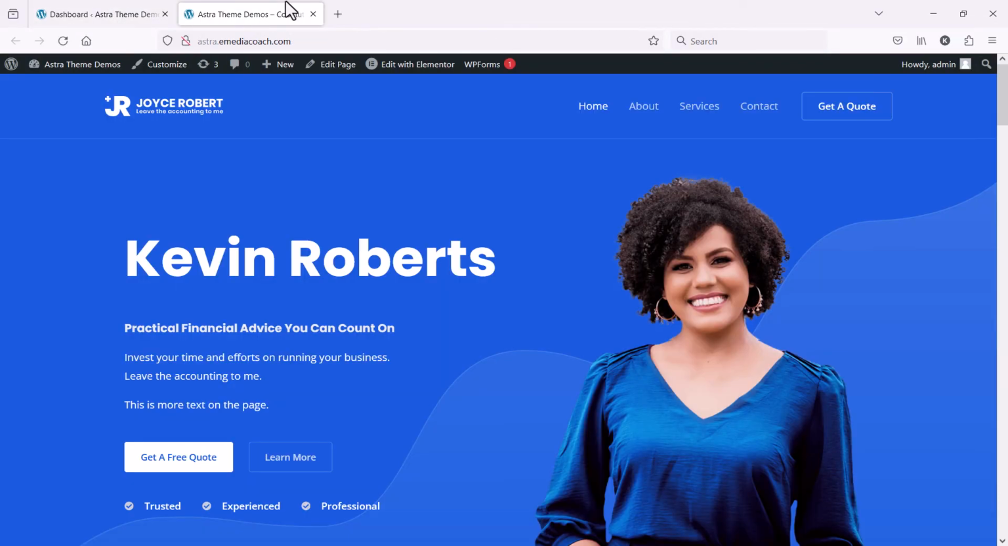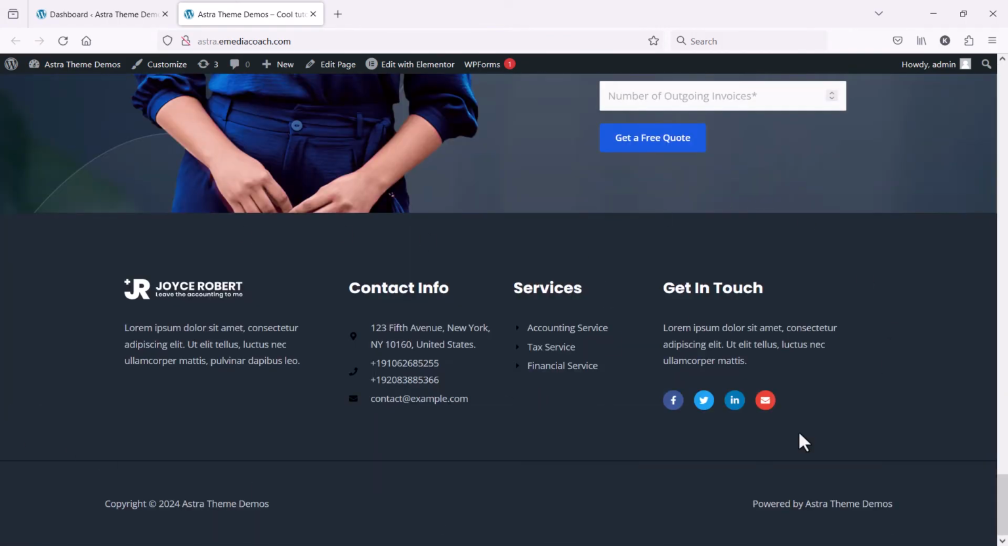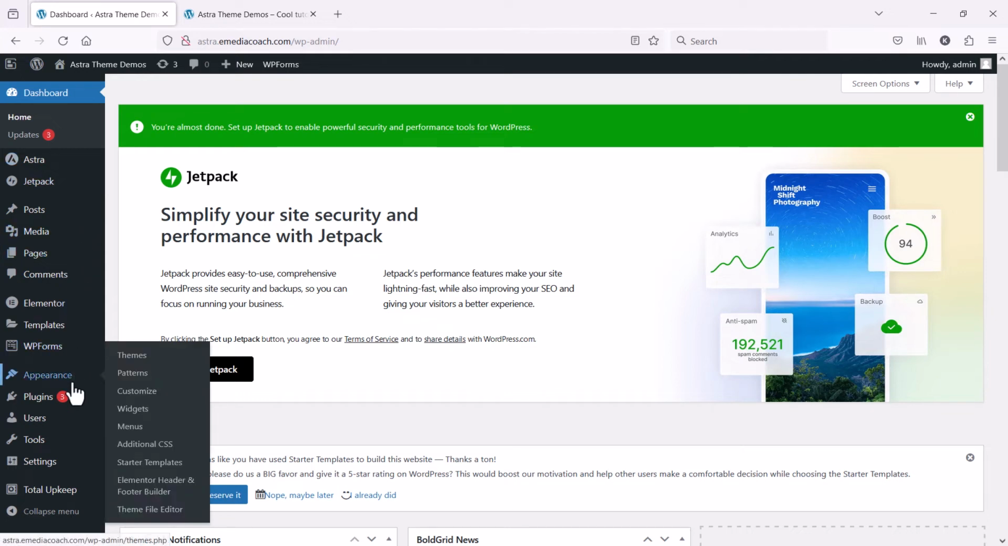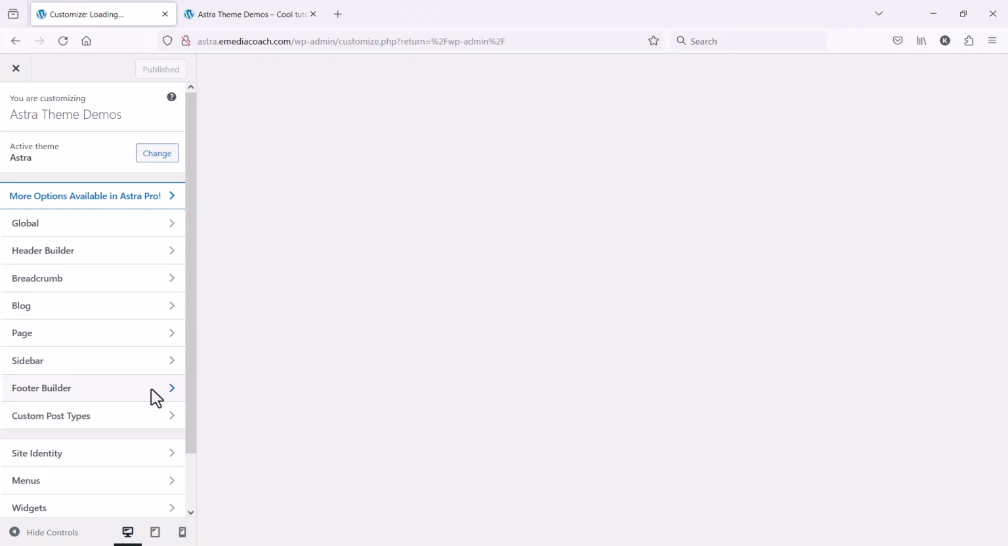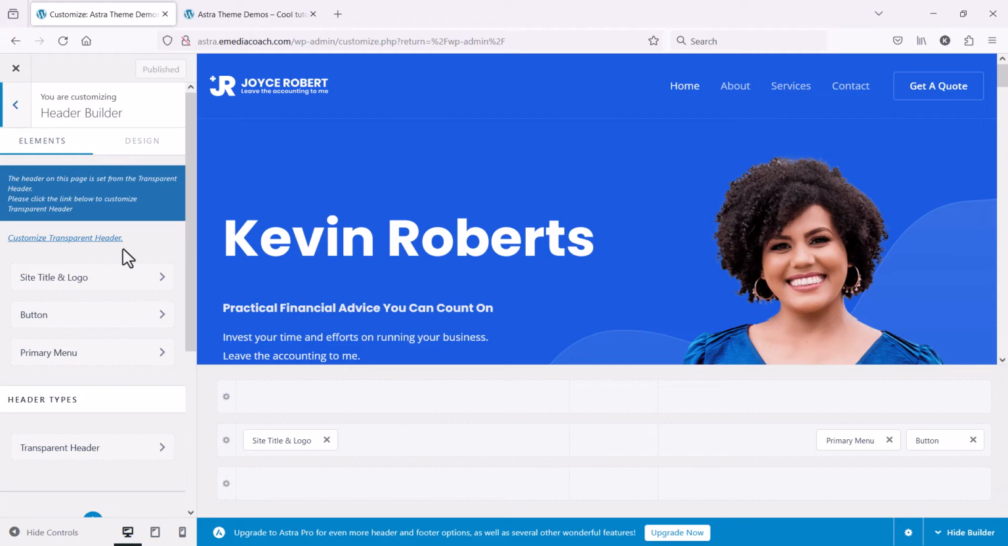Another thing you can easily do is make changes to your header and your footer. So your header being this area up here and your footer being this area here. To do that, go into Appearance, Customize, and go up to the Header Builder. Here you'll be able to change things such as the logo, right? If you hover over there, click on the pencil icon,